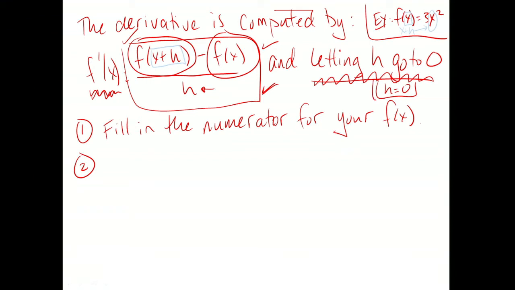My goal to make the magic happen is that I am going to eventually plug in h equals 0, but I can't do it right now, and that's always going to be true. You're never going to be able to plug 0 in right at the beginning of the problem, because you'll always be dealing with a divide by 0 situation. So if I can't do that right now, then I guess I'm kind of SOL, but I won't be, because what is step 2? Step 1, fill in this, and you got a whole bunch of stuff. Step 2, and you'll always be able to do this, is to simplify